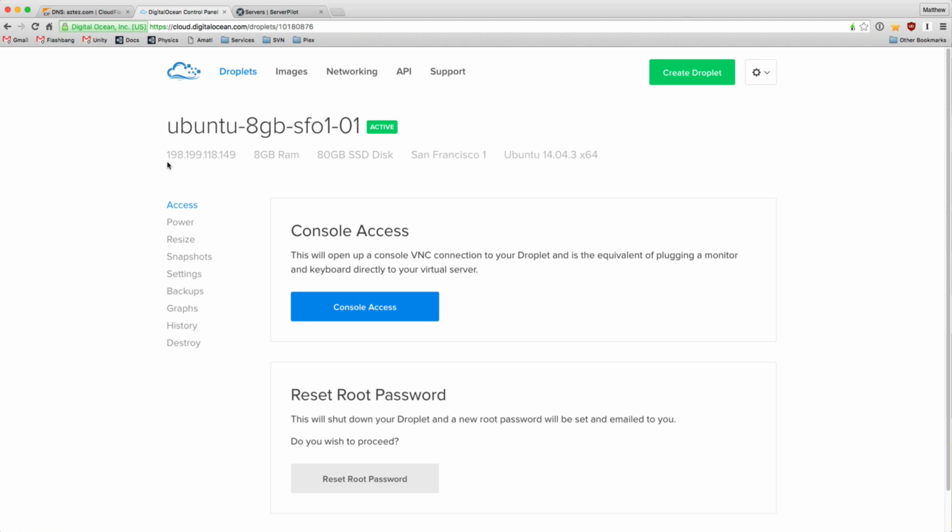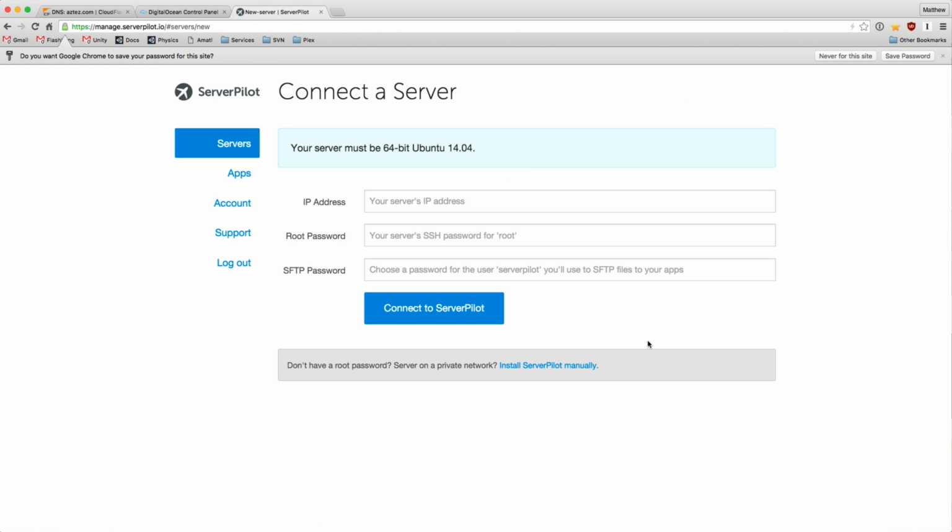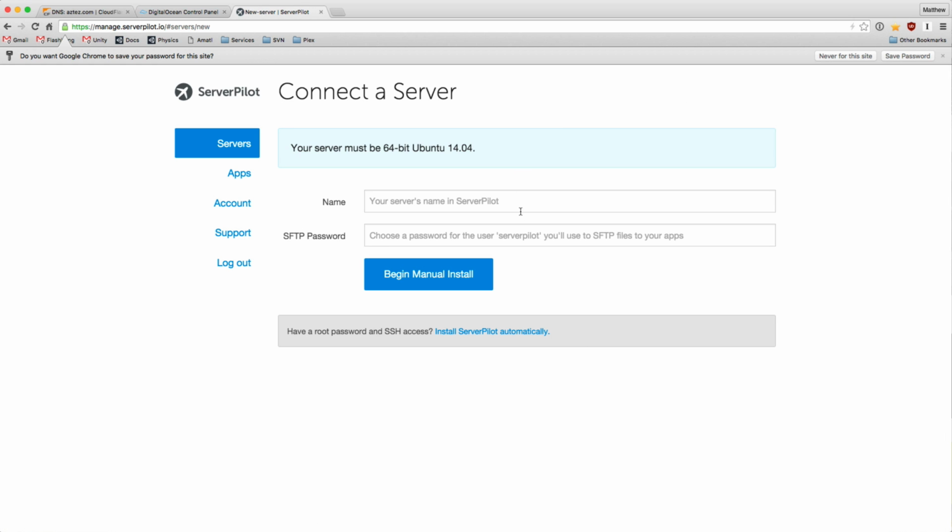Okay, so the server is now online. Get my IP, and I'm going to put my IP into Cloudflare just for DNS purposes. So let's do test witness, paste in my IP address, and it's not going through Cloudflare, which is like a caching service, but you probably would want to do Cloudflare online for your actual site. And then I'm using a second service called Server Pilot, which is going to control my server, but also do an initial LEMP setup, which is basically Nginx sits between Apache and the internet. So let's do test witness,